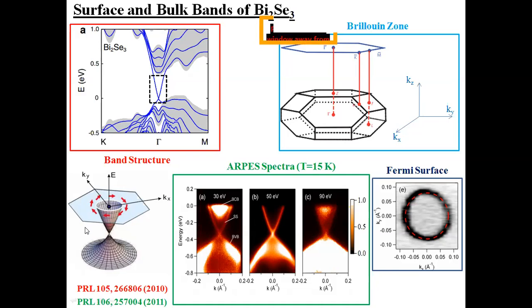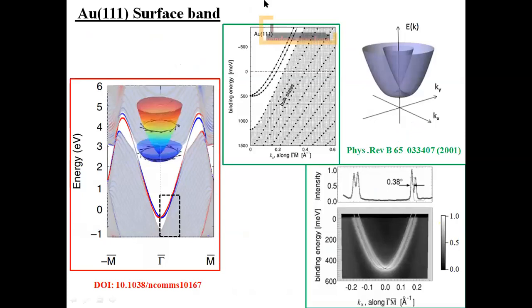So basically in these schematics, the Fermi energy is somewhere here, and the Fermi energy cuts this cone. So the cut will be of a circular shape. So you can see that's why the Fermi energy comes as circular. So it's in this momentum plane kx and ky. Okay, so this is the first example, and this is another classic example of gold.